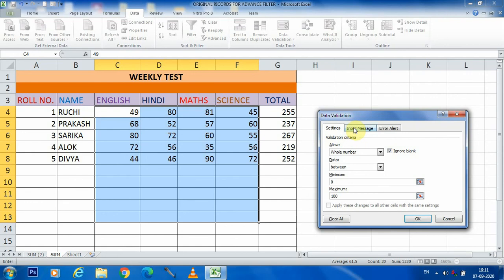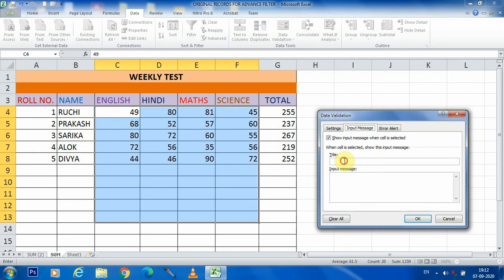Okay students, after that we are clicking the next tab, that is Input Message. Here we are typing the title, only validation.